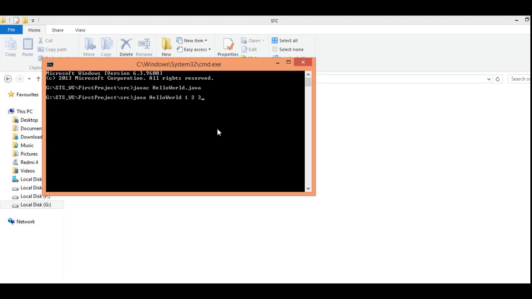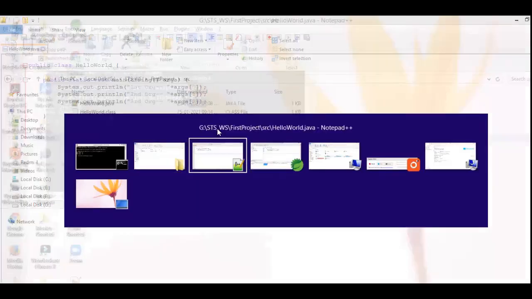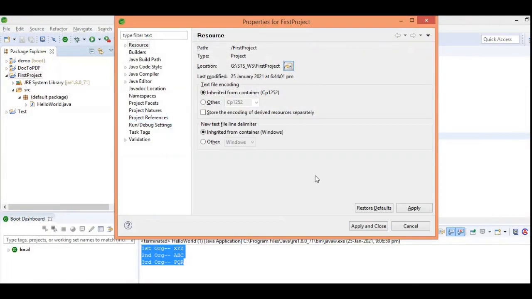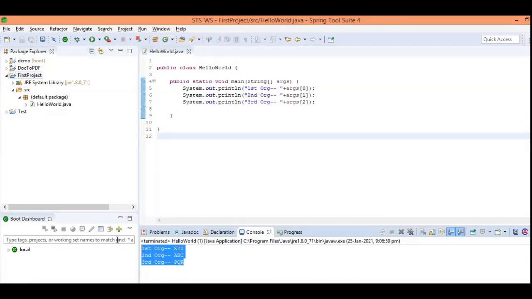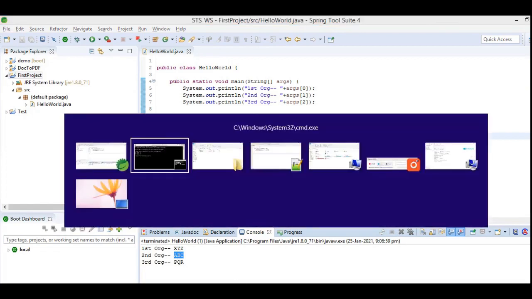When I teach you about exceptions, at that time I will discuss them. Currently I am giving java, then Hello World, and then the parameters. It gives the same output which I got in the console. Here the parameters are different, that's why the output is different.